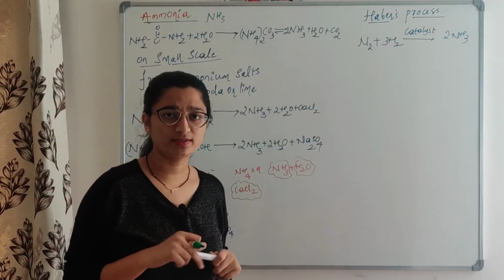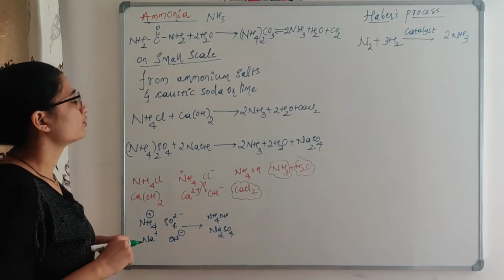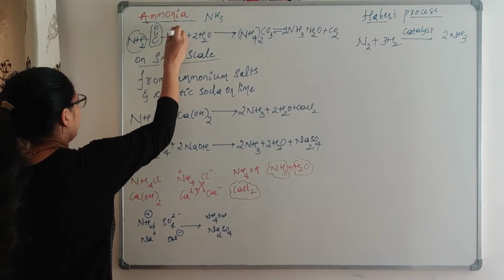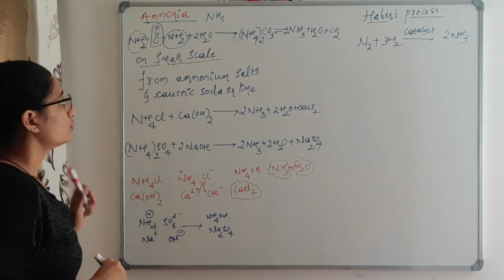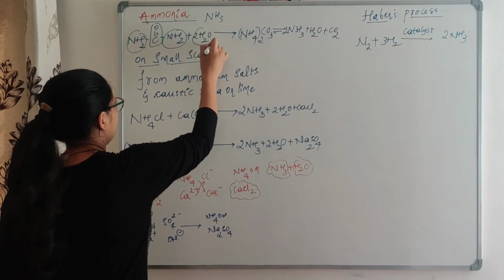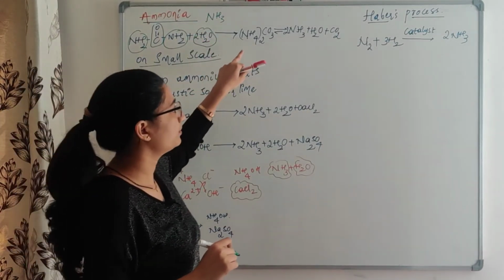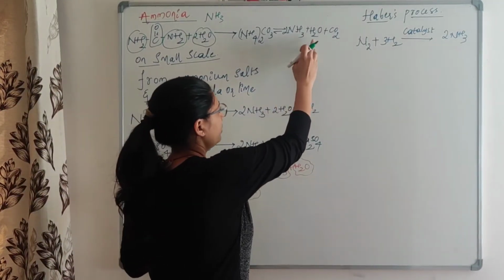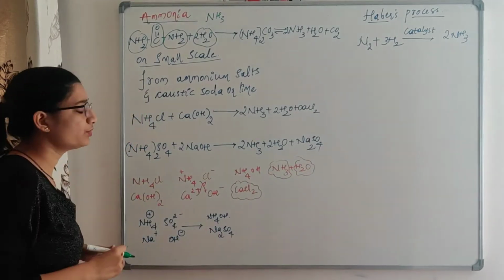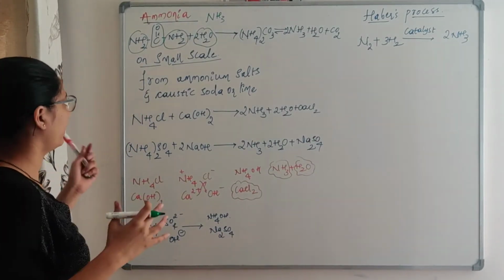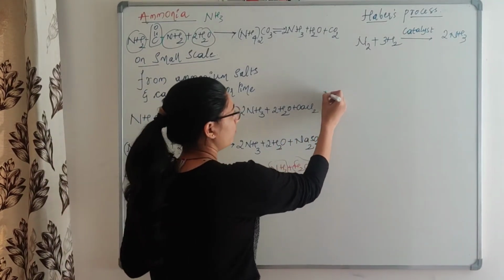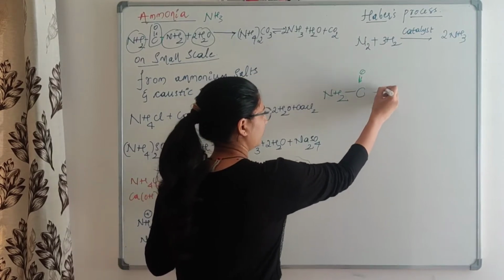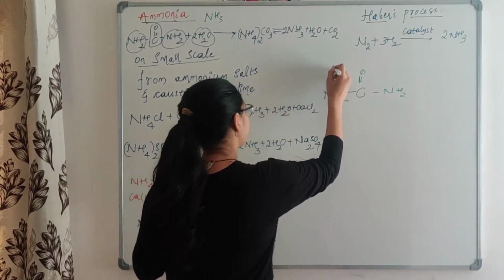So that organic nitrogenous waste is urea. The molecular formula of urea is C double bond O, NH2 here and NH2 here. When we hydrolyze this, we get an intermediate, ammonium carbonate, which on further reaction gives NH3, water and CO2. To remember this reaction, you have to remember the urea formula, NH2 C double bond O NH2. The mass of that will be 60.